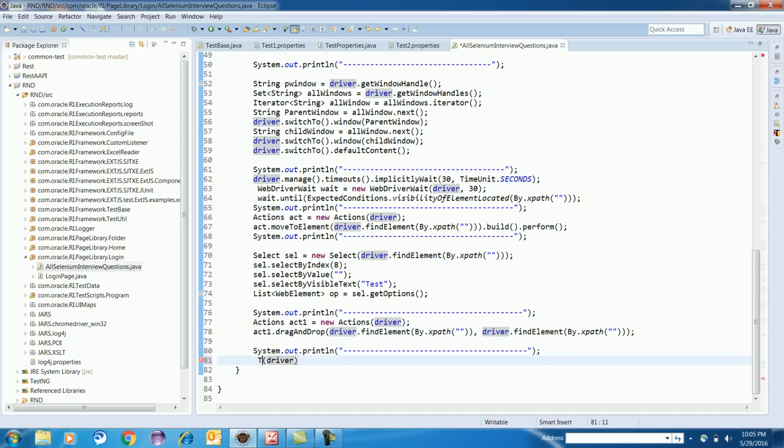You have a method available called TakesScreenshot, and you have to cast the driver with TakesScreenshot. You have to close here, and here one more bracket is required. Done, casting is done. I have cast the driver.